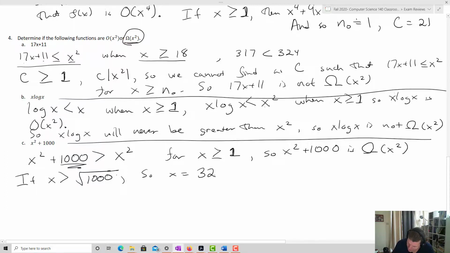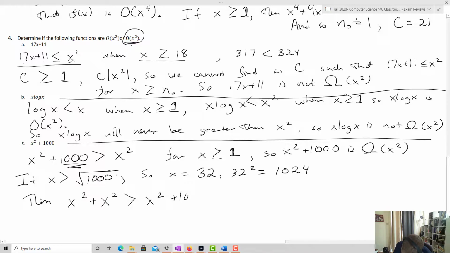So if x is 32, then 32 squared ends up equaling 1,024. Okay, so if x equals 32, then x squared plus x squared is greater than x squared plus